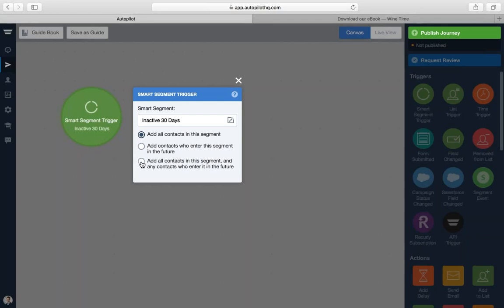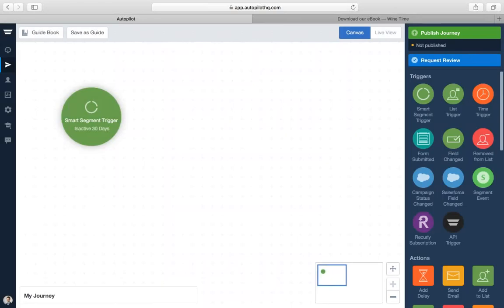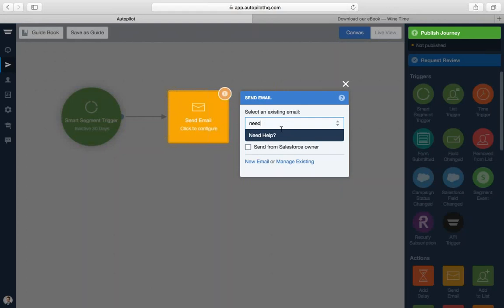But the most popular option is this one, add all contacts in this segment. So take all the people that are currently in it and add any contacts who meet this criteria in the future. So we're definitely going to choose that one because we want to target all the people who are inactive greater than 30 days, and all the people that become inactive greater than 30 days in the future as well, because we want this journey to run forever because it's going to make us a lot of money by reactivating people who aren't active. So we're going to go ahead and send them an email,